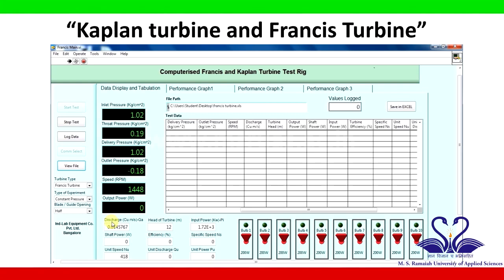Now the main pump is switched on from the control panel, which shall provide the fluid to the turbine. We can observe the different values appearing on the screen. Also, at the bottom of the screen, we can observe some of the instantaneous parameters like discharge,